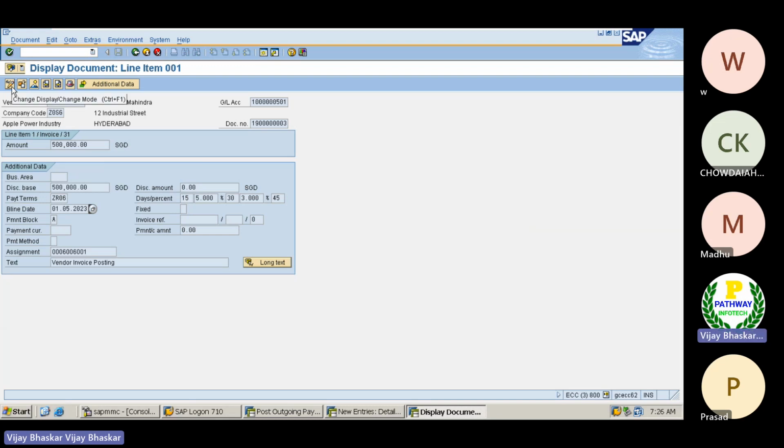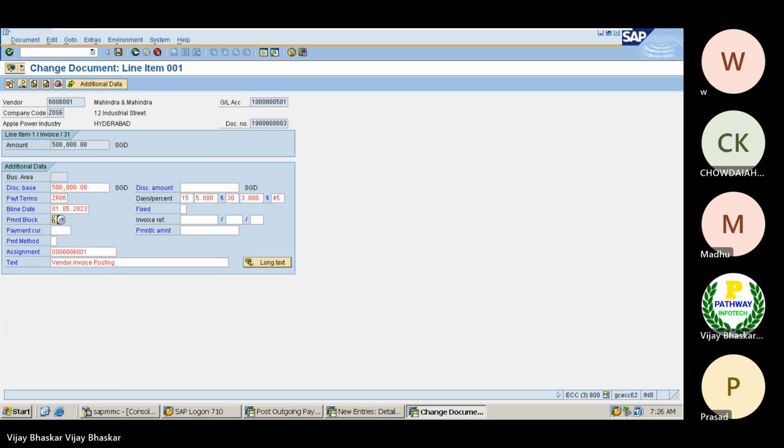Now I will make the changes here. I will remove this blocking indicator. I'll save it.